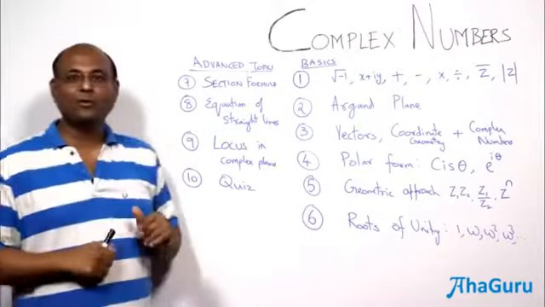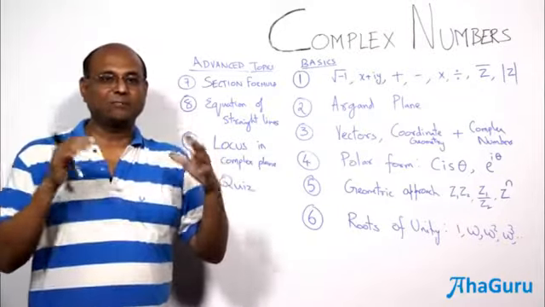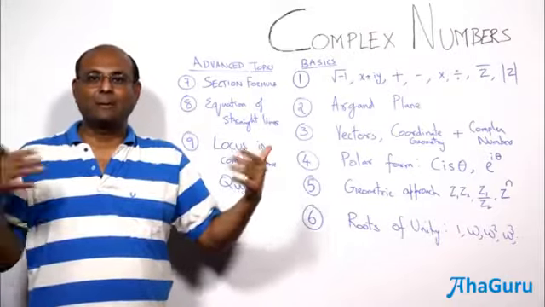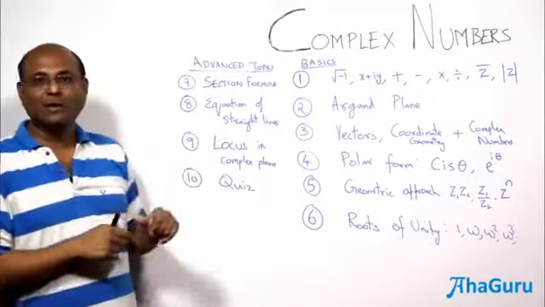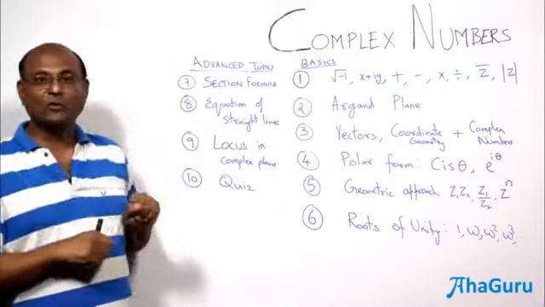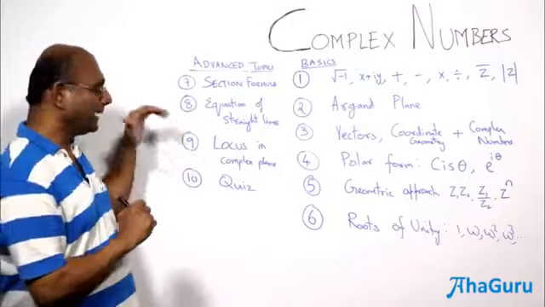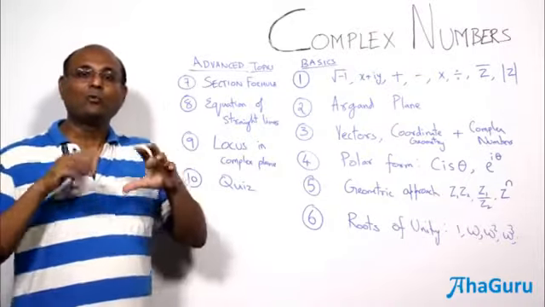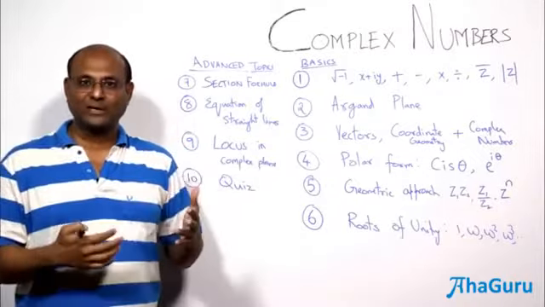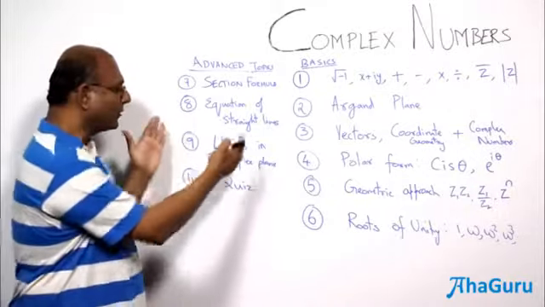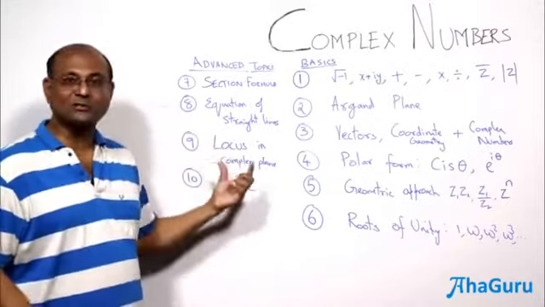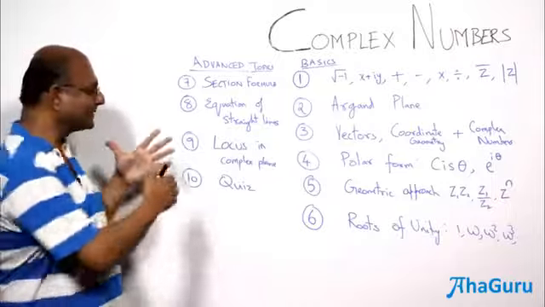And here we are going to look at the main connection, the formulas that actually work with vectors, the formulas that are basically going to come up again in coordinate geometry. So you're going to learn about the midpoint formula, the section formula, distance formula, and so on. We are also going to look at equations of straight lines. And most importantly, we are going to look at how to use the idea of locus, geometric representation of locus, geometric view of locus, how we are going to use that to solve problems in the complex plane. So we're going to look at locus of points in the complex plane under various kinds of conditions.